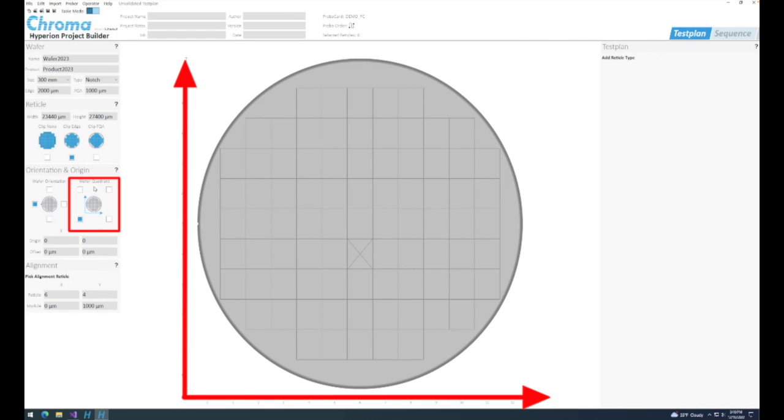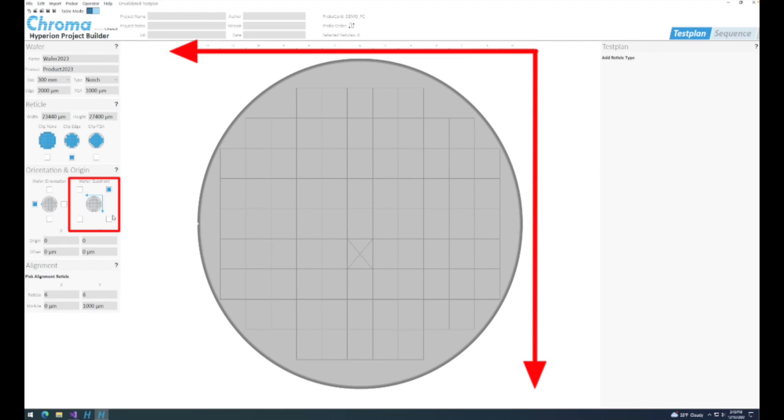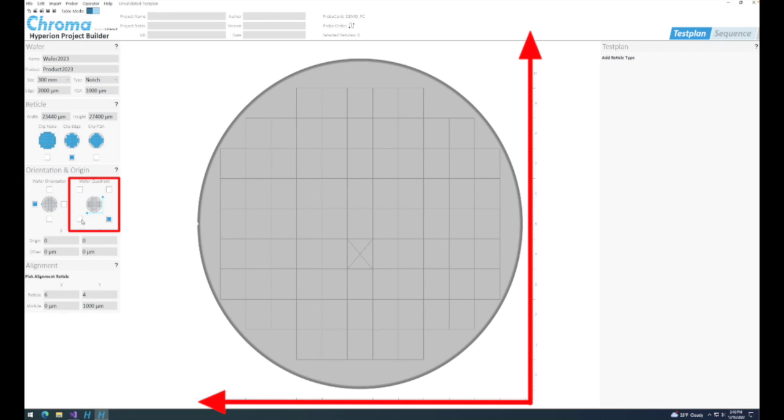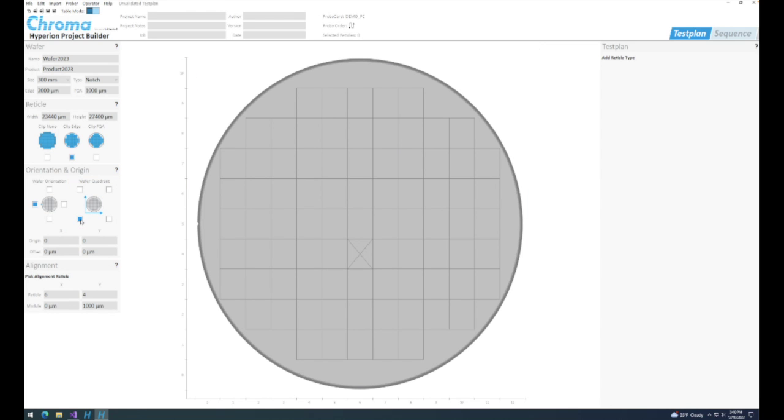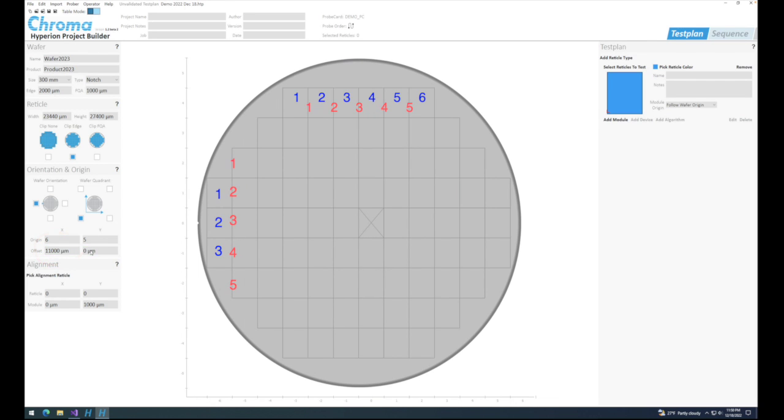Wafer quadrant defines the direction of increasing coordinate value of the wafer and reticle for movement and data logging. Hyperion builds the reticle grid dead center in the middle of the wafer. However, that's not how all wafers are laid out. Some shift the grid. This results in the number of reticles at the edges being different than expected. By adding X or Y offset, the clipping will change the number of reticles to match how the wafer was